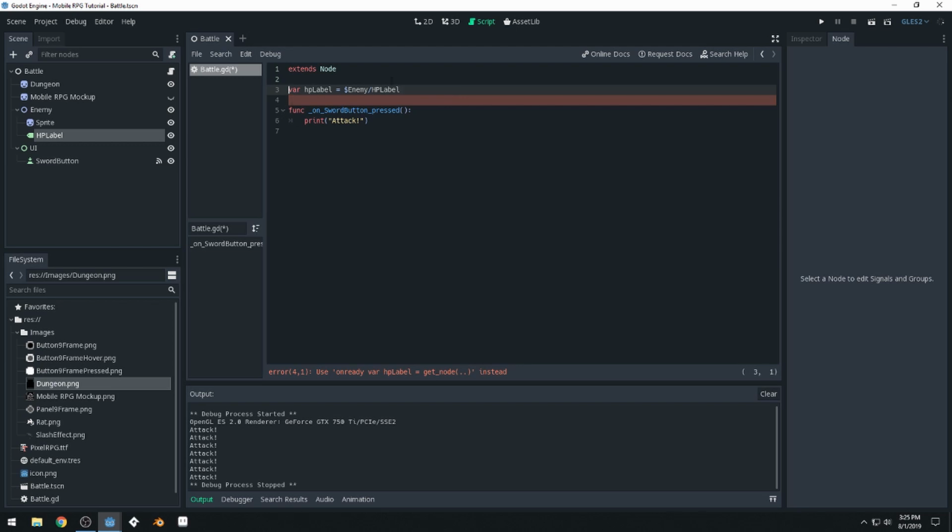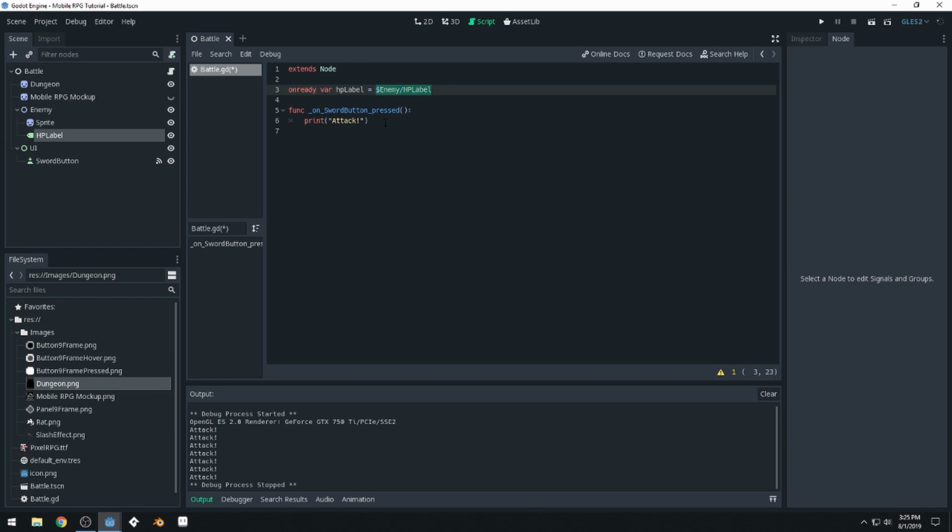But there's a shortcut you can do to make sure that it's ready called onReadyVar. It's a special keyword that you put before variables that need to get access to other nodes in the scene. That's the only time you use it. We need to get access to this node in the scene. It might not be ready. The node might not be there when this code runs. So we can wait. This just makes sure that we wait until it for sure is ready